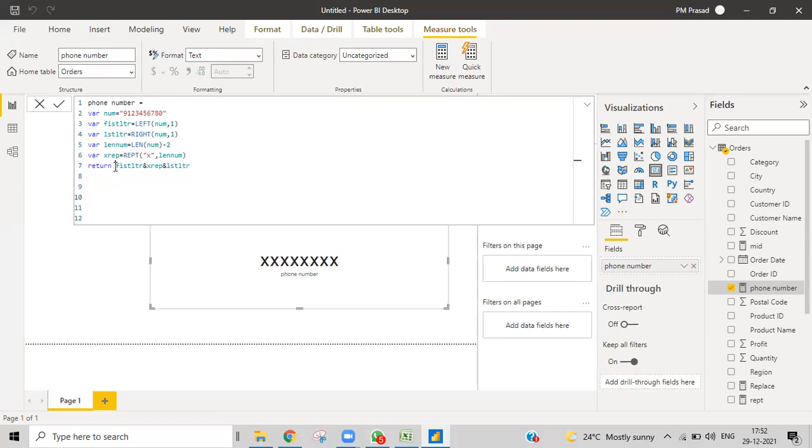Or else you can use CONCATENATE two times, or else you can use combine values. But when you use combine values, you need to keep in mind that it will give some spaces or something else. So we need to do some other modifications: you need to decrease 4 things over here, and then give the X as the delimiter over there, then you can find it. I'll explain that one also. First, let me see what the X output is.